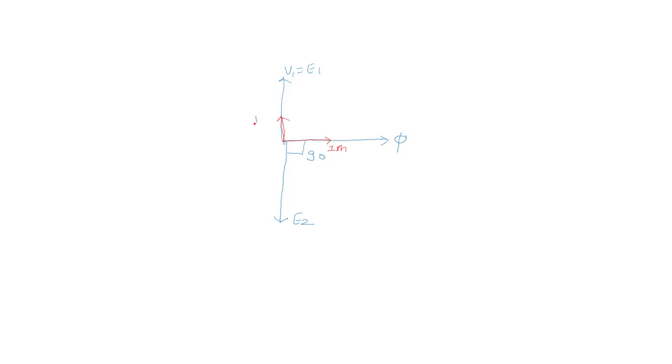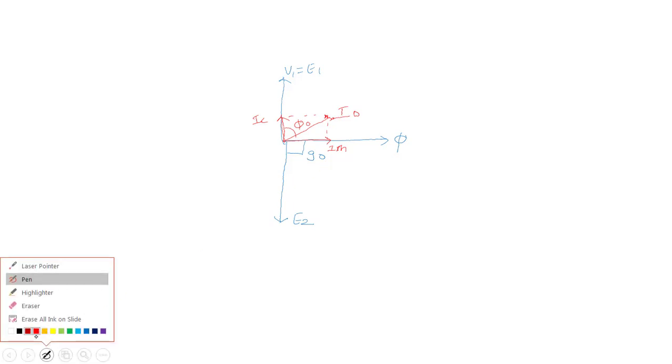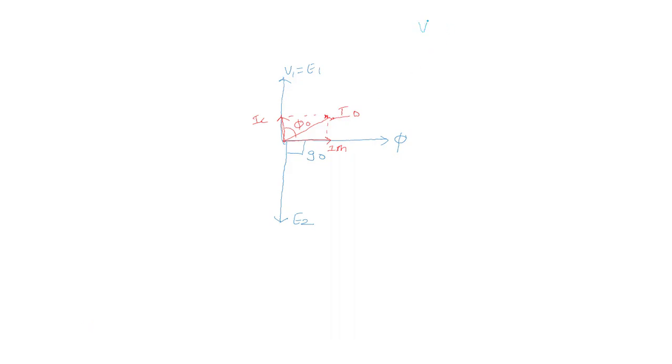Okay, this is not to scale. IC will be over here, and the resultant of these two will come out as I0. Okay, this is the resultant I0, and this angle will be phi naught, and the cosine of phi naught is the no load power factor. Now what we can do, we know that V1 I0 cos phi naught is nothing but W0, that is the core loss. So we can find from here cos phi naught is nothing but W0 upon V1 I0, because W0, V1 and I0 are known, so cos phi naught is also known.